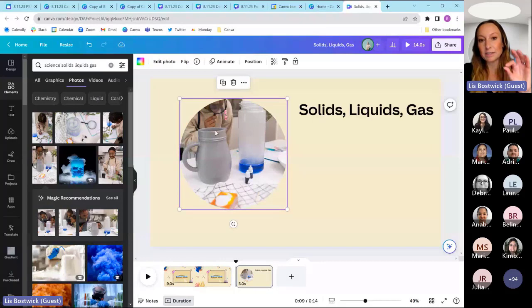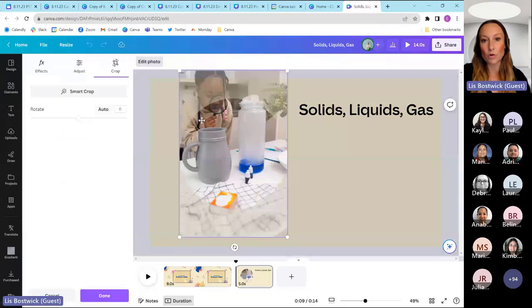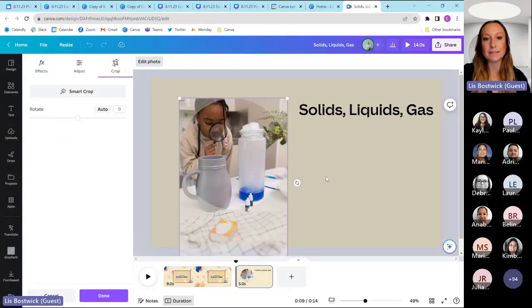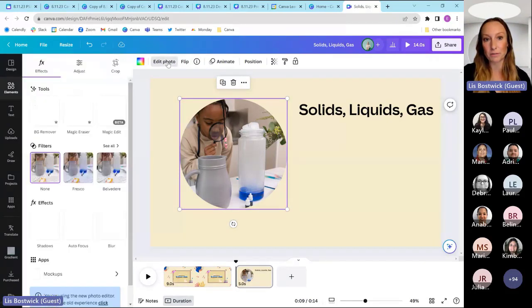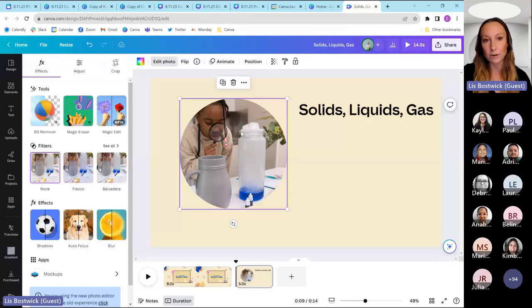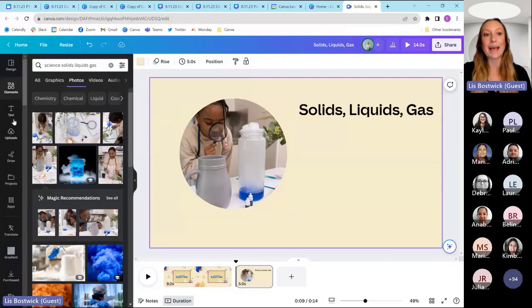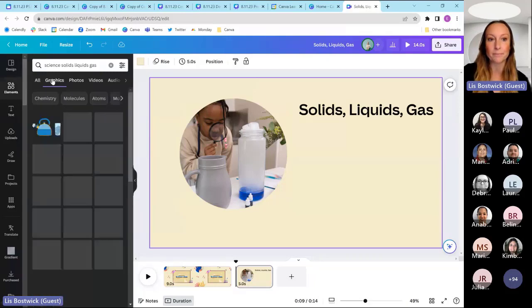Now you'll see that this image here kind of got cut out. I can click here and go to edit photo. I can do a little cropping. So a couple of things, if anybody is new to Canva, keep in mind that your sidebar is going to add anything into the design. My top toolbar is going to do my modifying. So anytime I need to make a modification, like if I need to crop something, I want to click first, go to the top toolbar and do my modifying. If I want to add something in, I can go back to the sidebar.